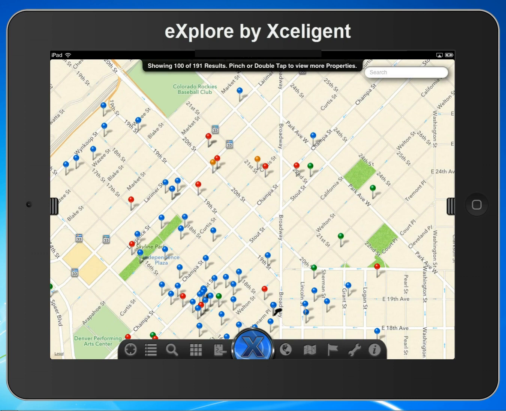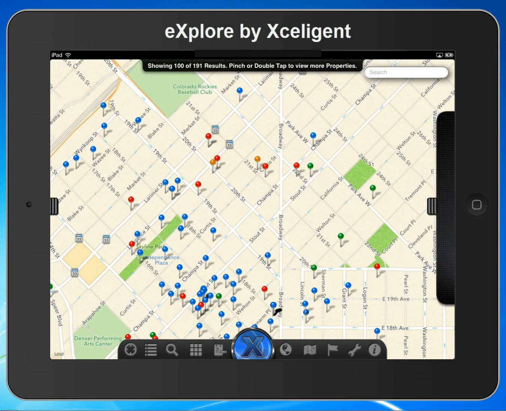Now, here's the Denver marketplace, for example, in Xceligent, and you can see the little pins marking all the properties. One of the great things with Xceligent that I discovered is your subscription is national. So you can do exactly what I'm doing here in any market they cover across the US. But let me point out some of the features that I thought were really cool. The first is that this product is locationally aware and that it always knows where I am because of my iPad's GPS system. So if you simply pull it up and turn it on, it's going to instantly show you the buildings that surround you, which is perfect for the type of client meeting I described. Like I said, though, you can navigate anywhere in this app, so I picked Denver, Colorado.